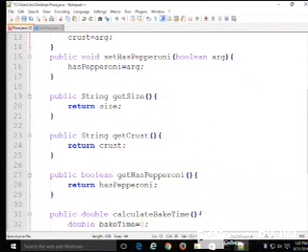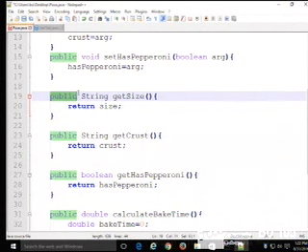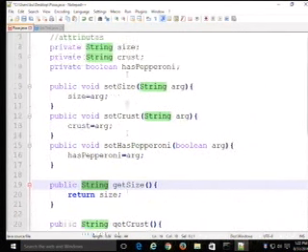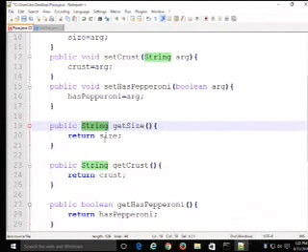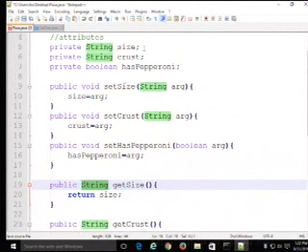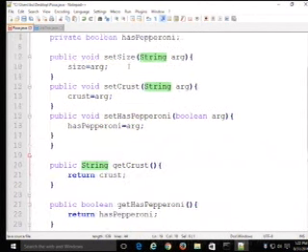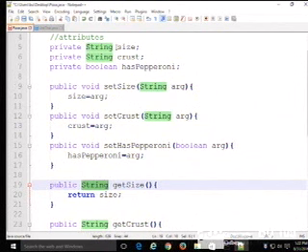So the get methods, again, are public, which indicates that the outside world can ask the pizza what size you are, what kind of crust, or if you have pepperoni. The return data type is going to match the data type up here. In other words, if we ask the pizza what size are you, we are going to get back a string, and that's what that says. We're getting back a string because that's the kind of data this is. So whatever we have as the data type for size, that is going to match the argument in the set and the return value in the get.